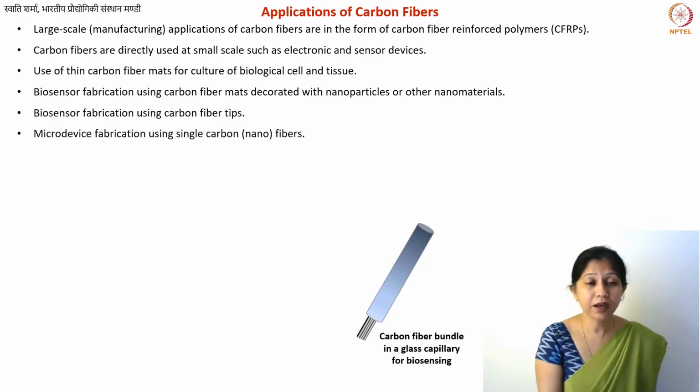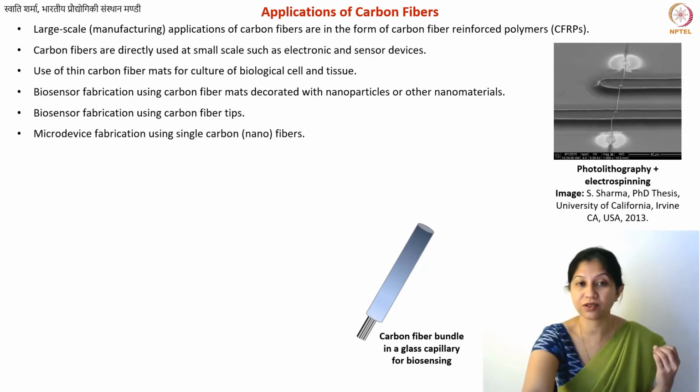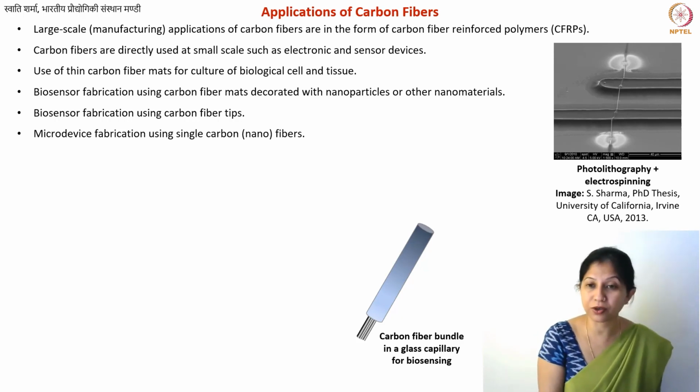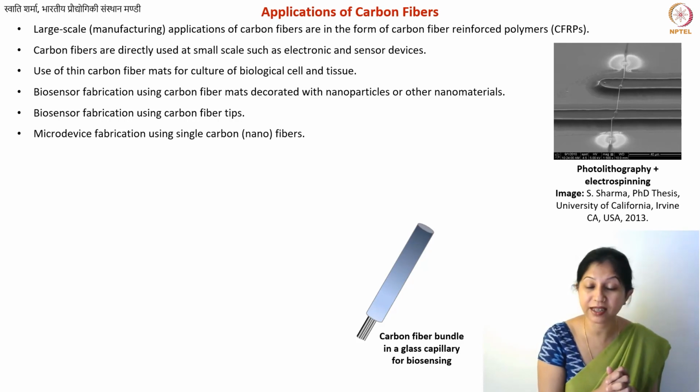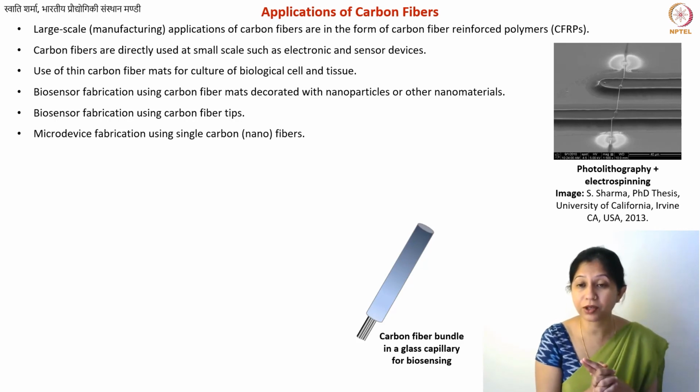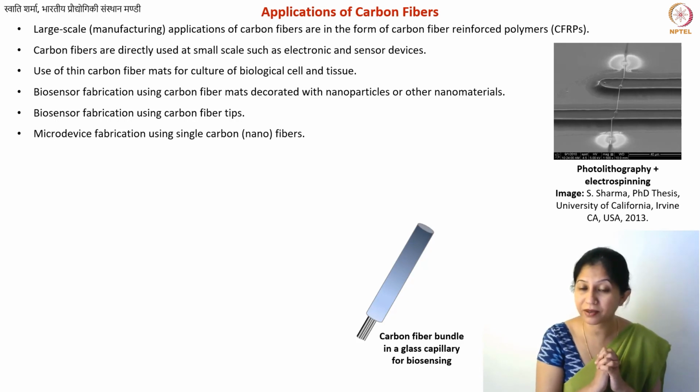Okay. And now you can also fabricate a number of different microscale devices. Micro devices, again, you can have electronic devices, sensor devices, various different types of devices. It's not like micro device is one thing. Here, I'm just trying to show how you can use carbon fibers for these devices. Of course, one option is that you can use the entire fiber mat. There are a lot of examples where these mats have been used as electrodes for supercapacitors and batteries. That is example one. And then you can also utilize single fibers.